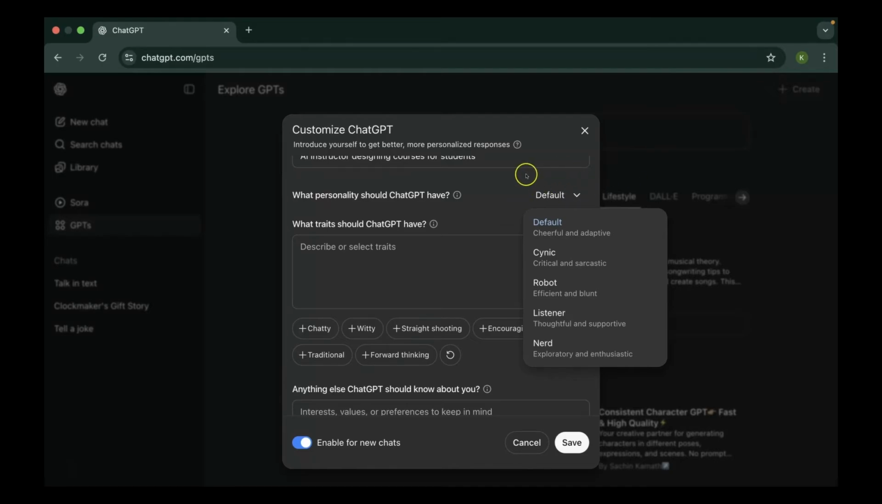But there are some other personalities as well. So if you're a creative person, you might want either listener or nerd. Or if you are like a business owner, you might go for cynic or robot. Again, it depends completely on you. I will keep it on default because